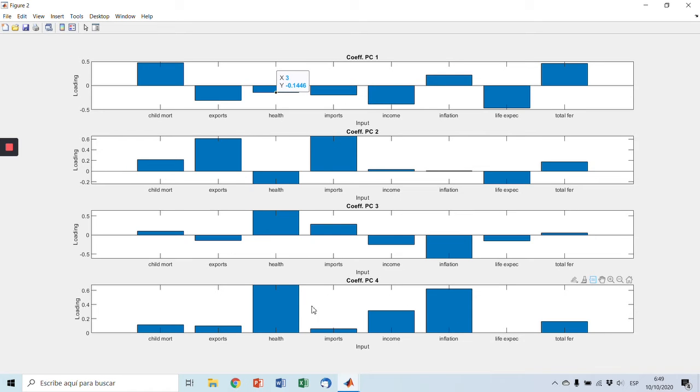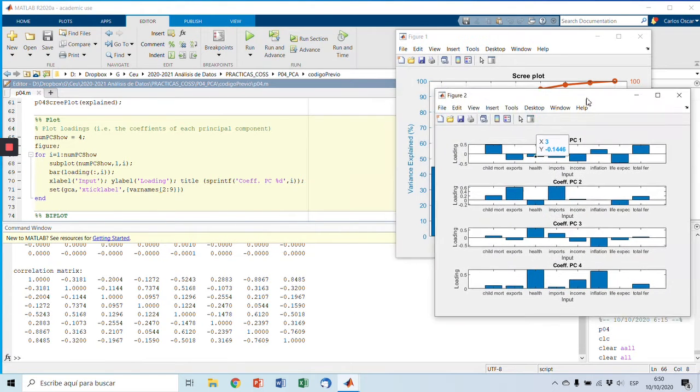And here it appears in the fourth place, so that means that there are many more differences between countries than rather an overall average of a single development factor. Okay, so let's keep this